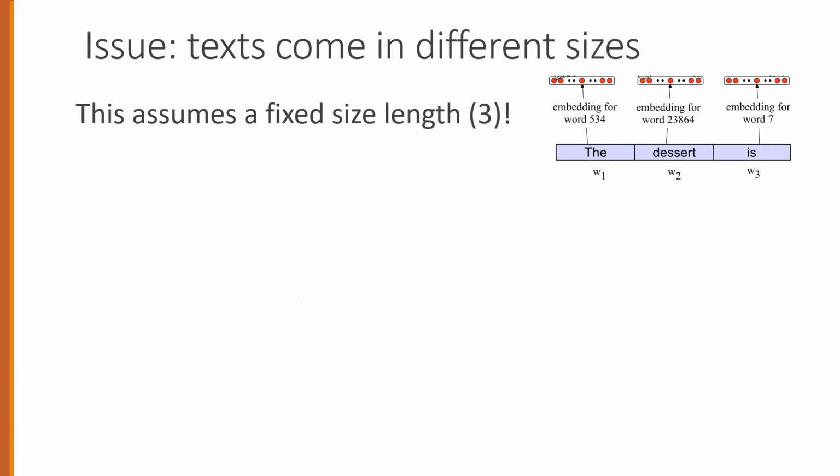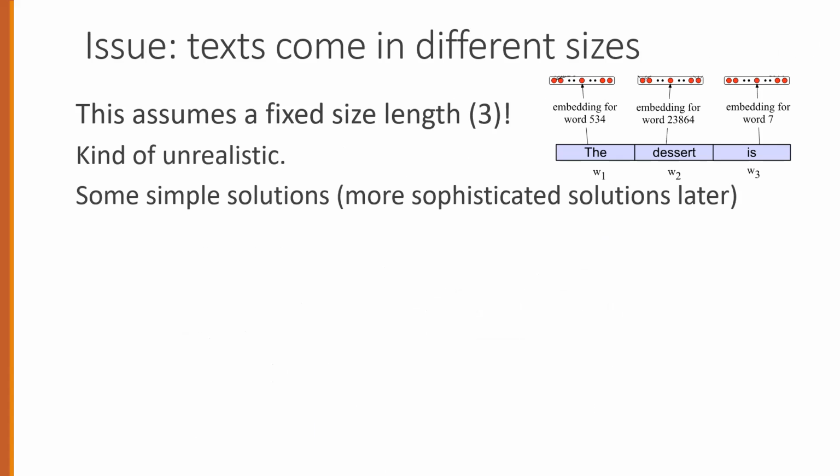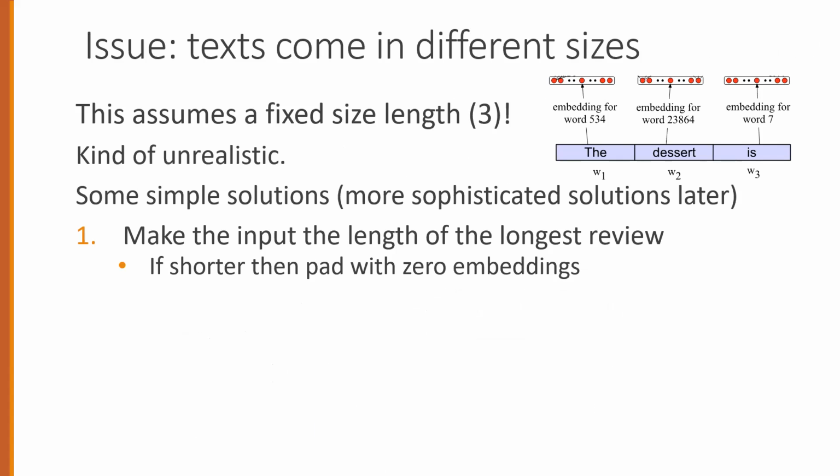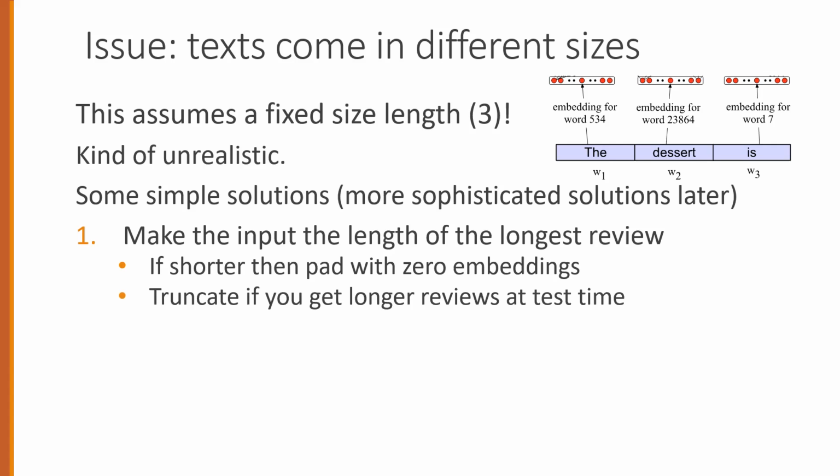Now, text comes in different sizes. In this example, we assume the text size length to be 3. And this is actually kind of unrealistic. There are solutions available which are more sophisticated or simple, like make the input the length of the longest review, that is, if shorter, then pad with 0 embedding. If it's bigger, then truncate it to get longer reviews at test time,